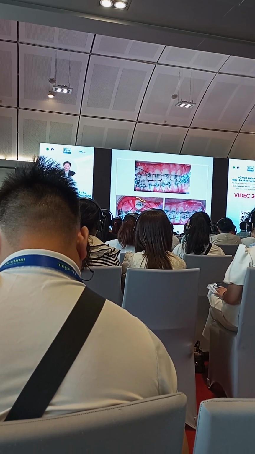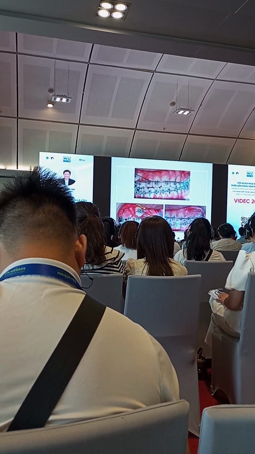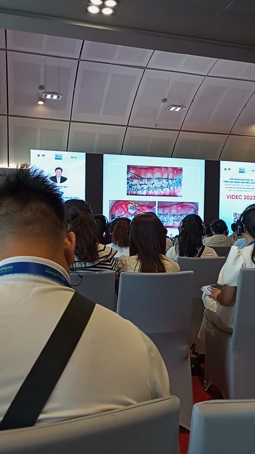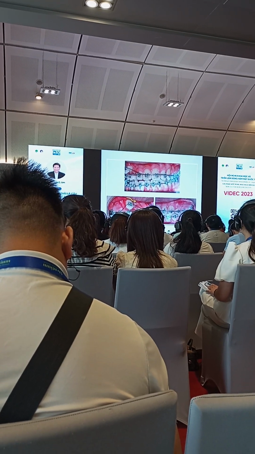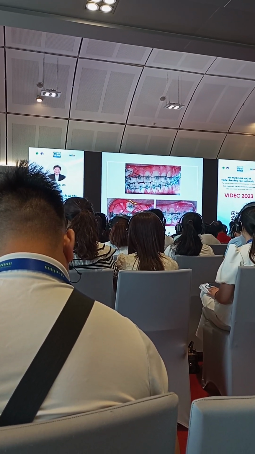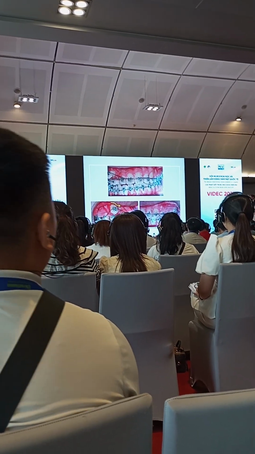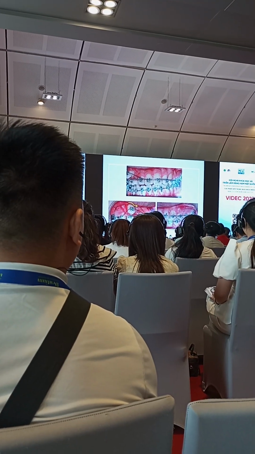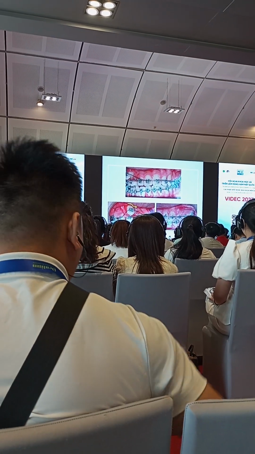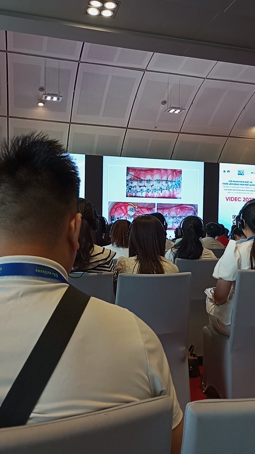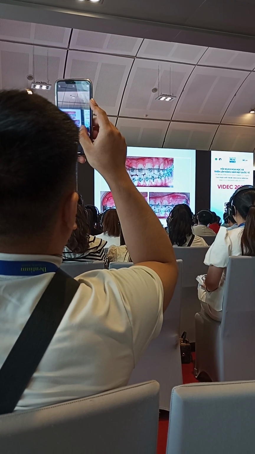We sometimes would make some mistakes along the way, and from there we learn from our mistakes. So I just wanted to share with all of you, okay, the mistakes so that you don't do it when you have this particular case. So for this case, okay, I have two wires. One is a nitinol wire, a round nitinol wire, because I wanted to try to bring the canine down, okay, and at the same time, I wanted to also bring the canine initially with the use of the power chain. And my base wire is the 16 SS wire, and I use a coil spring, okay, to open the space